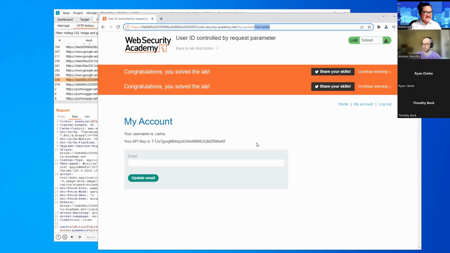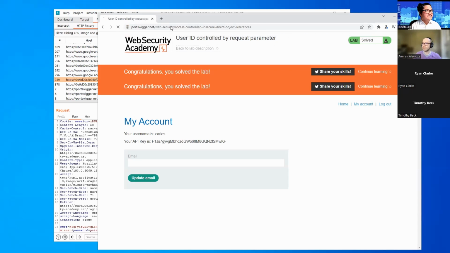Okay, so everybody, let's go to the last lab that we're going to be covering tonight, which is called Insecure Direct Object References. I'm going to copy the link and provide it in chat, and we're going to navigate here ourselves.